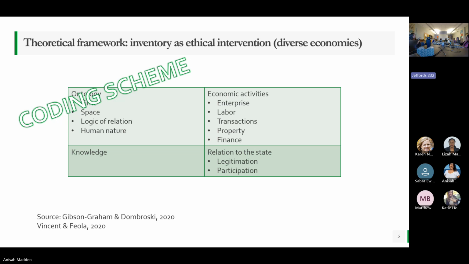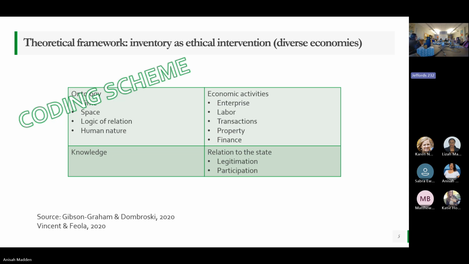And then also relation to the state. So is it a legitimate practice? And here I think the definition comes in. So if you choose to do food forestry, you're legitimate. If you choose to do complex agroforestry or something, then you're not legitimate, apparently, because then you don't have this crop code. And then there's also participation. So there are some food forestry practitioners who are just super active in fighting all these court cases